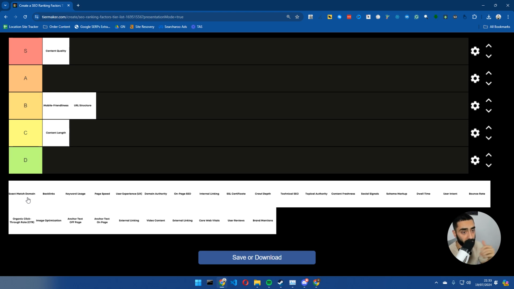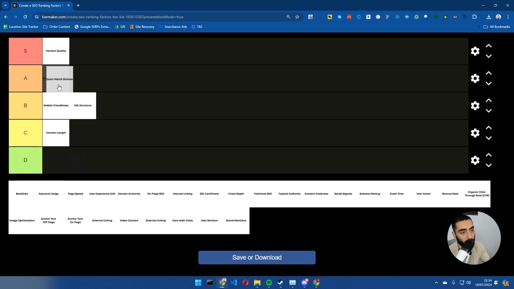And by the way, if anybody doesn't know what an exact match domain is, let's say, for example, I obviously own casualdash.com. And let's say, for example, I wanted to rank for Accountants London, accountantlondon.co.uk would rank a lot easier than just Casual Dash, which is more branded. So just bear that in mind.